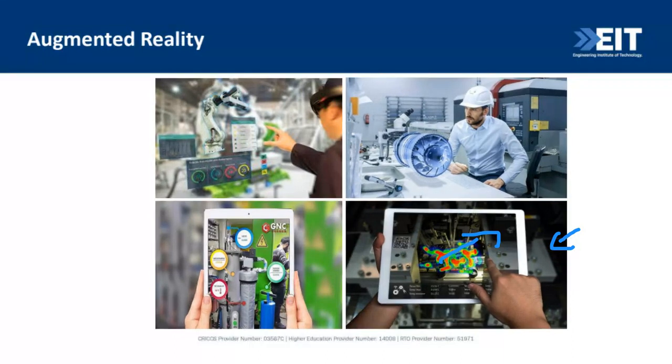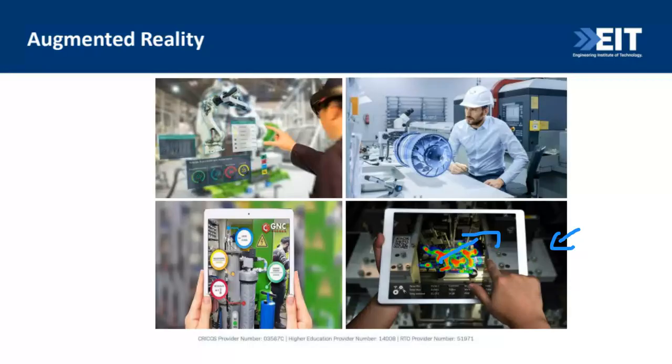Now, in an industrial setup, you have a hardware device in front of you, and imagine using the app, putting the screen on top of it, and it's adding additional digital information. Just look around you, wherever you are sitting at the moment. It could be a computer, a device, any sort of thing. If the app is adding digital information on top of it, that might be helpful in different industries, which we'll discuss later on. But that's the idea with augmented reality.